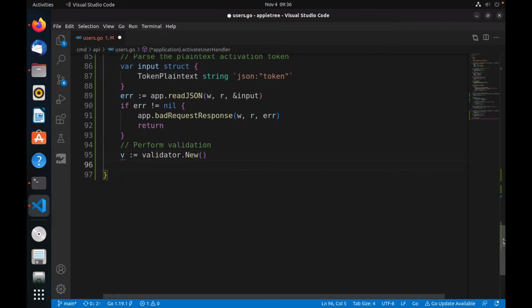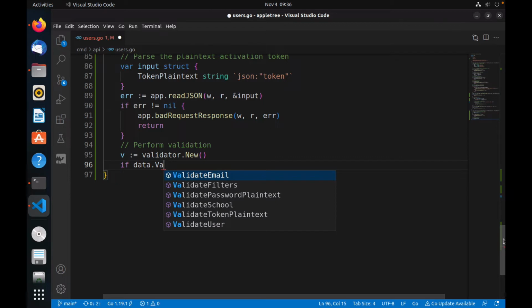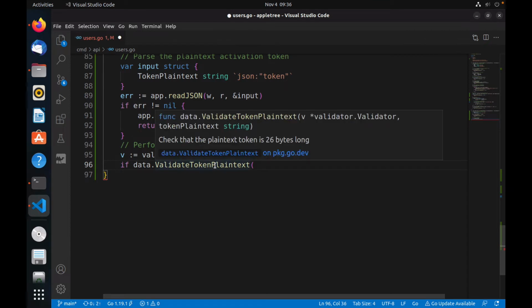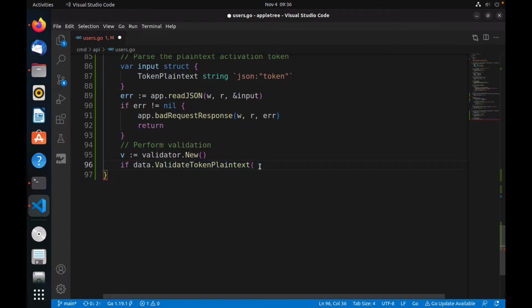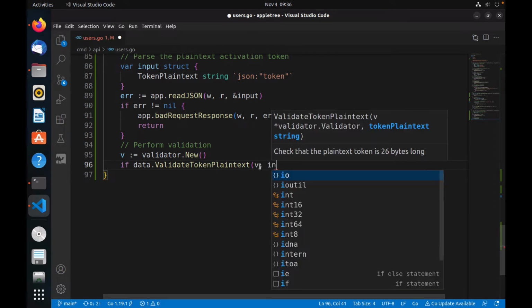All right, and then I will simply do the validation. So if data.ValidateTokenPlaintext, okay, when I call this, what should I provide to it? Let's see. A validator and the actual plain text token. So validator is v, and the plain text token, of course, is input